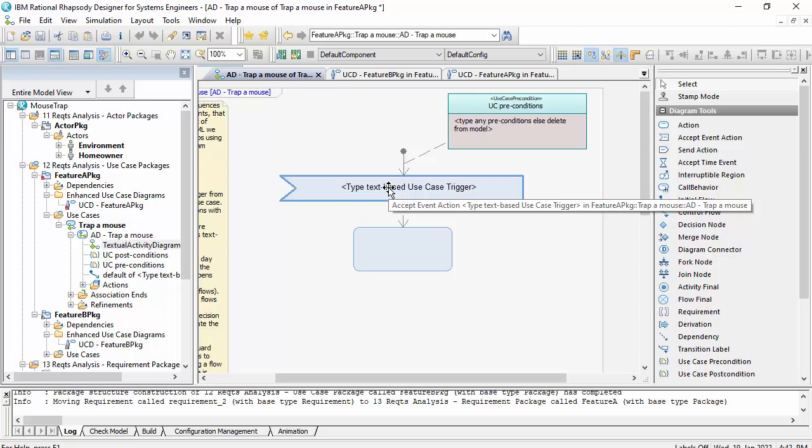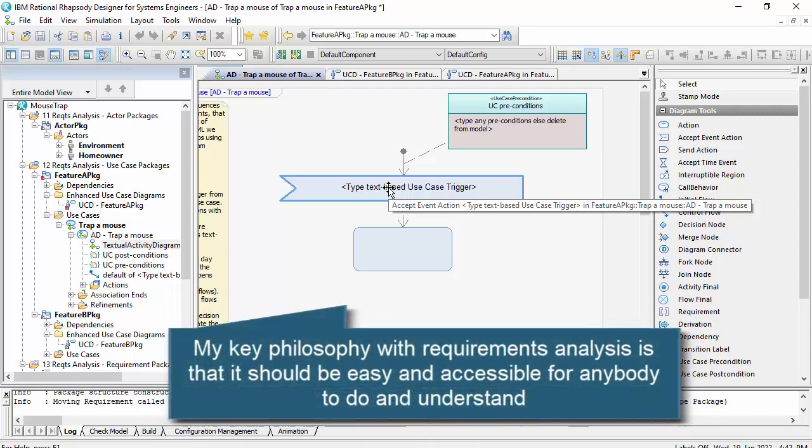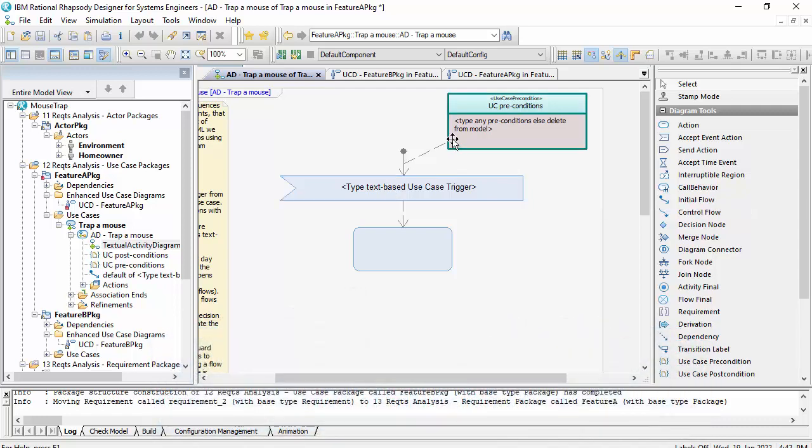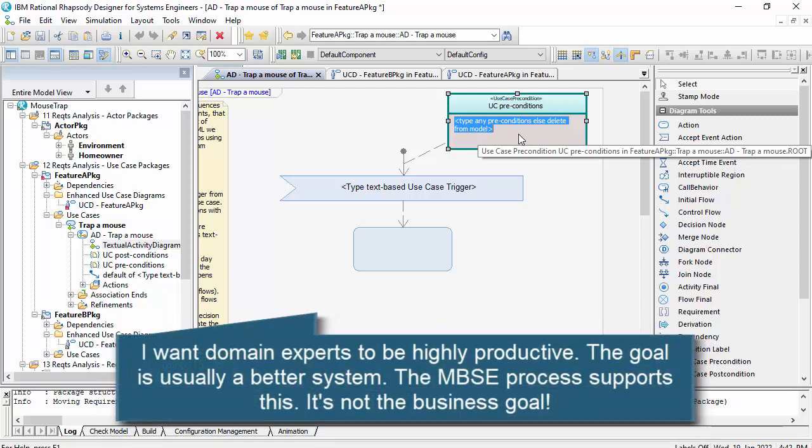And this is one of my approaches to use case modeling. And so rather than model functions here, I'm actually going to model steps of a use case that I might have written in a Word document. And I just feel that that's a very easy, accessible method which can then be used to perform more detailed analysis later. But it's also very easy to get non-technical or non-model-based system engineering experts to get value from modeling very quickly. So preconditions is